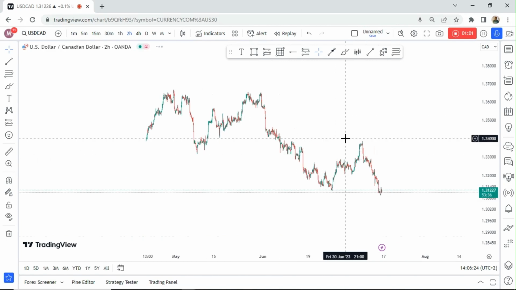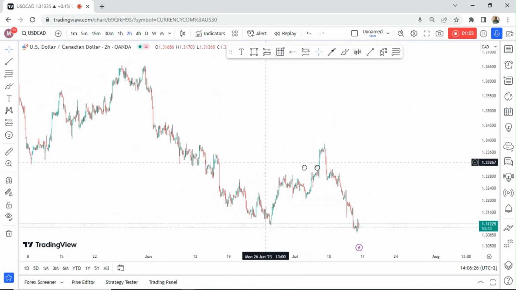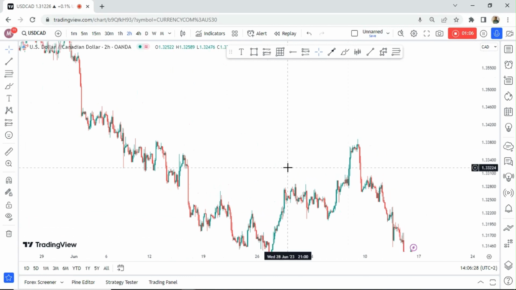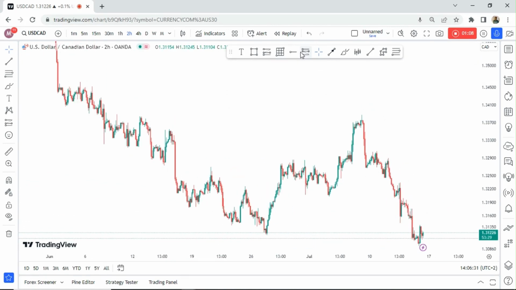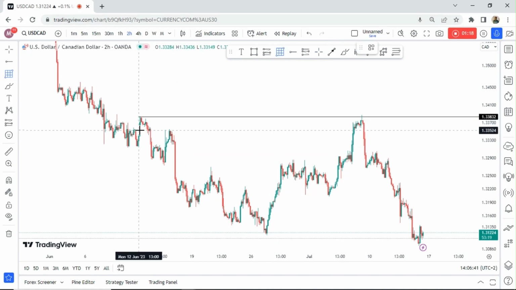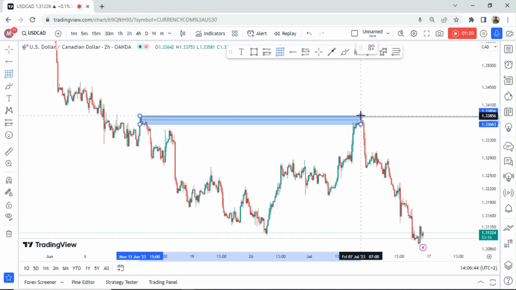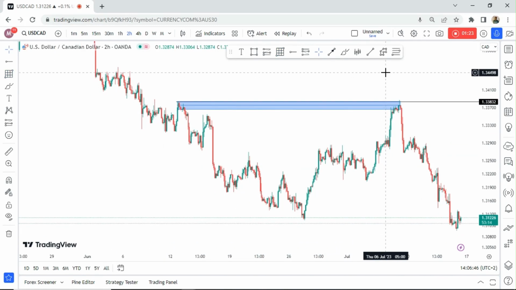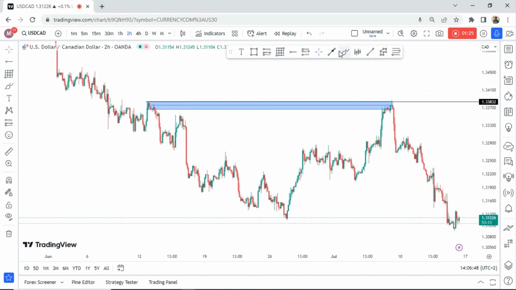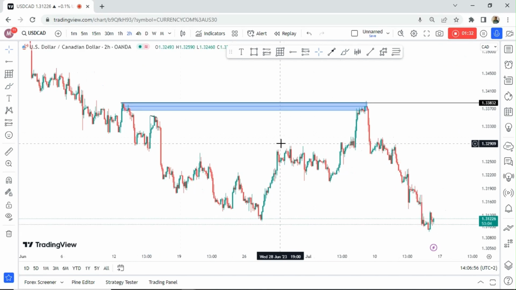Since the market has been pushing downwards, one thing I did realize is that the market left some form of an order block, or let me just call this one this high. There was some order block in this area. Let me just highlight it. I think the order block was this area here. There was some form of liquidity below this order block. But we are not really focusing on what happened in the past. I just wanted to emphasize something